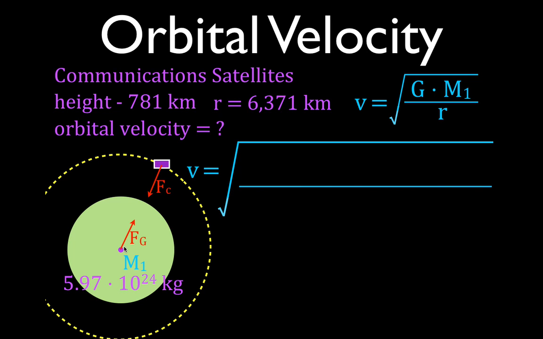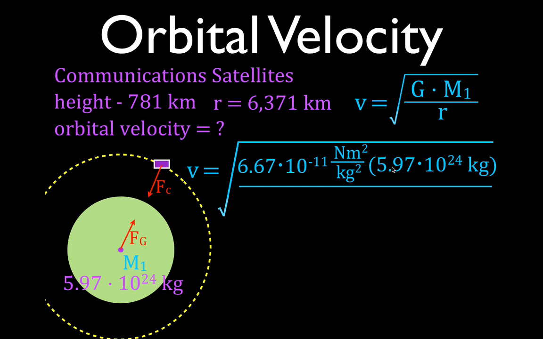The gravitational constant is 6.67 times 10 to the minus 11 Newton meter squared per kilogram squared. The mass of the Earth we're given in kilograms, 5.97 times 10 to the 24 kilograms. Now the distance, I said we have to add these two together, but in addition to that we have to give the value in meters because the gravitational constant is given in units of Newton meters squared per kilogram squared. Okay? So we're going to add these two together, convert into meters, and we get